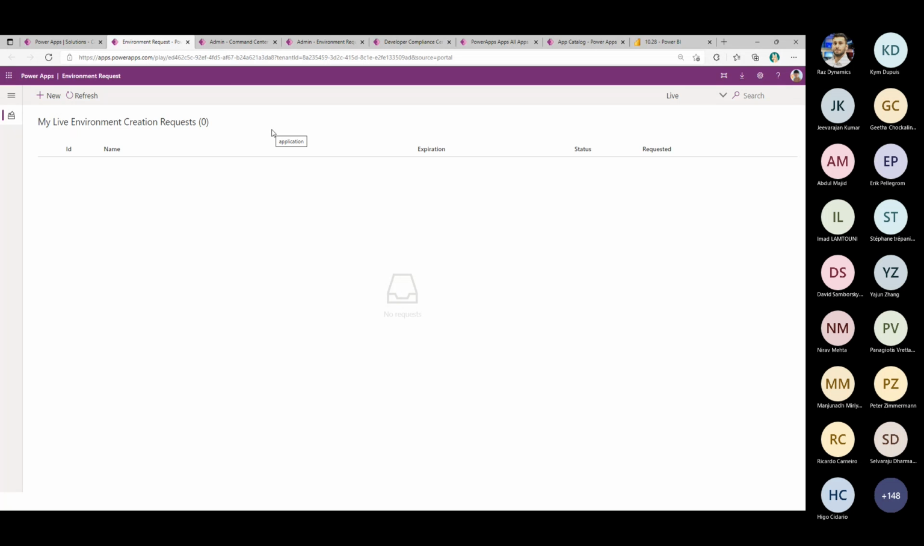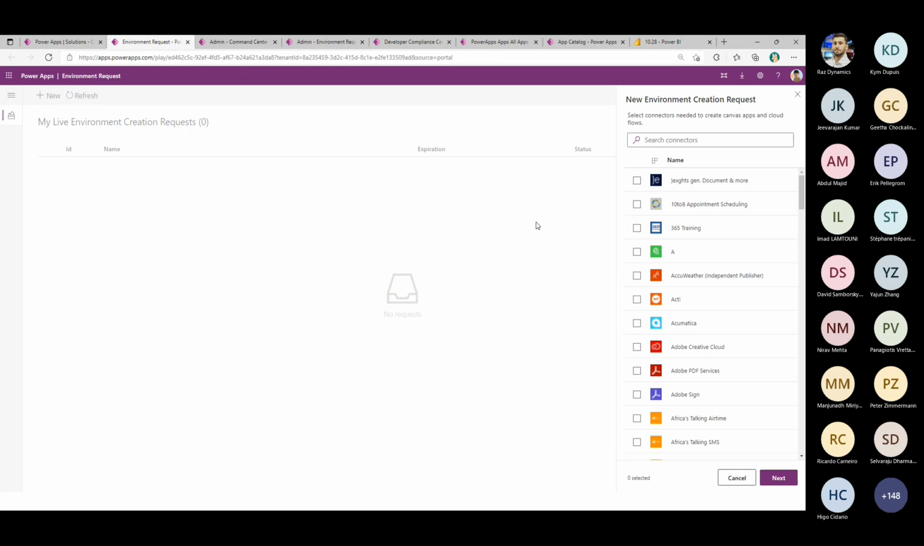Once that is locked down, you then need a way for makers to request new environments that they may need for development, test, and production purposes, or to run training events or hackathons. And to take that process out of pinging emails or Teams messages to the admin persona, we've created this application here. From a maker point of view, I can immediately say, these are the connectors that I want to use,